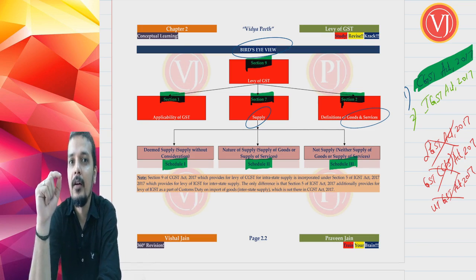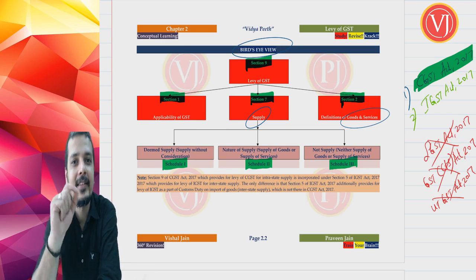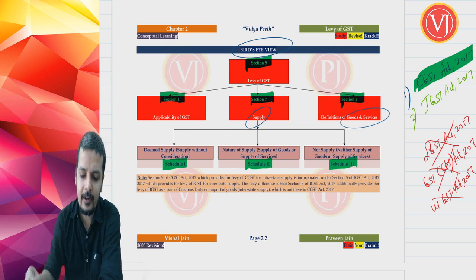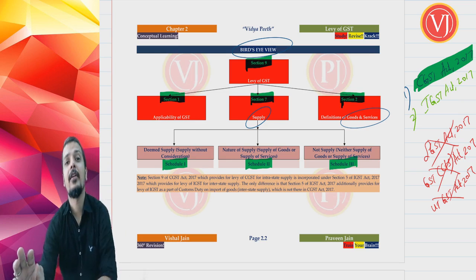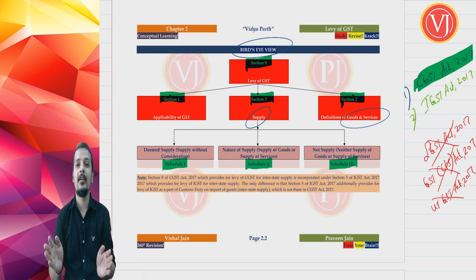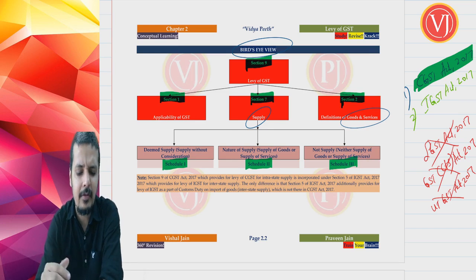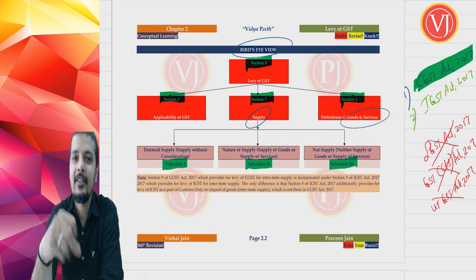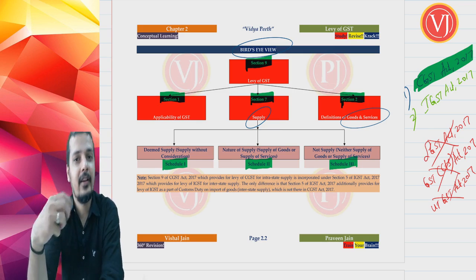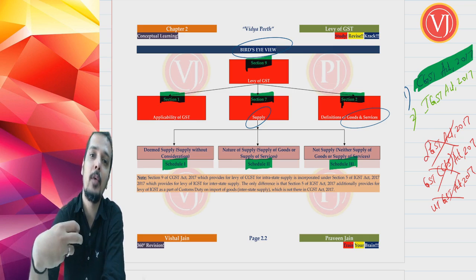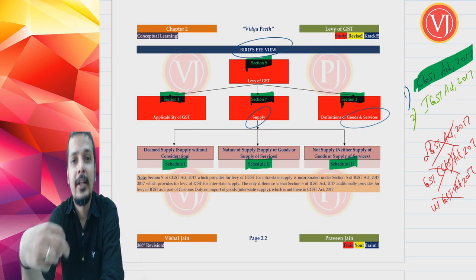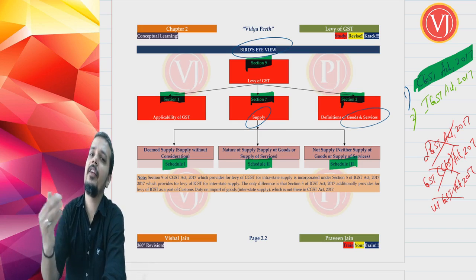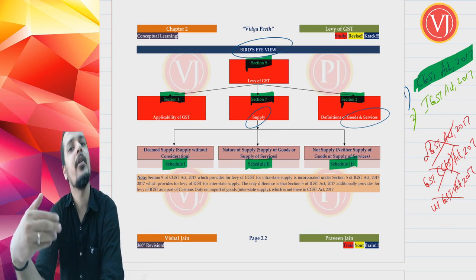When I say thoroughly, friends, you have to remember that our thoroughly always means a 360 degrees approach. We'll see all the possible sides and try to understand that definition. Now friends, this is the bird's eye view of what we are going to discuss in this chapter. Section 9 talks about levy of GST. Section 1 talks about applicability of GST. Section 7 talks about supply, which has to be read along with schedule 1, supply without consideration, schedule 2, nature of supply, and schedule 3, which is neither supply of goods nor supply of services. And finally you have to see certain definitions under section 2, which we are going to see in all the chapters.